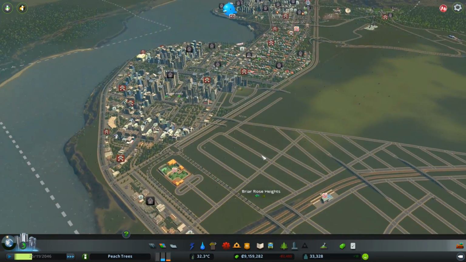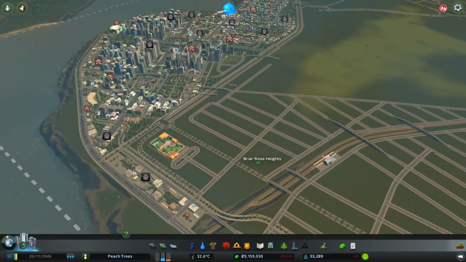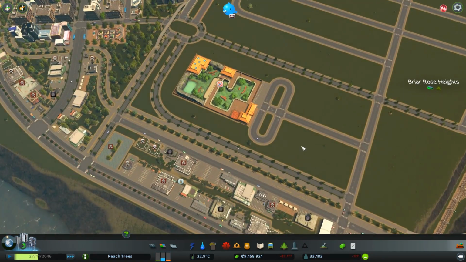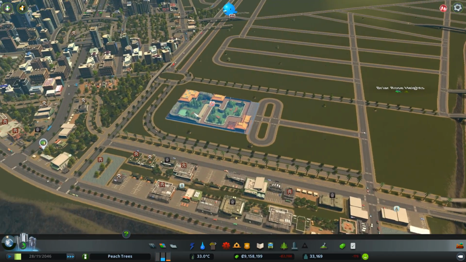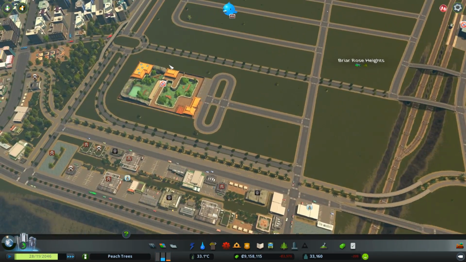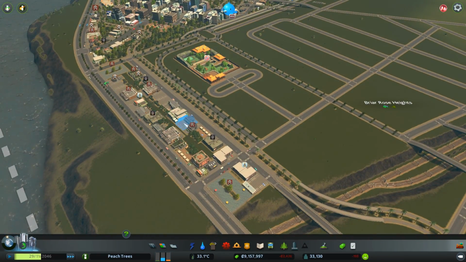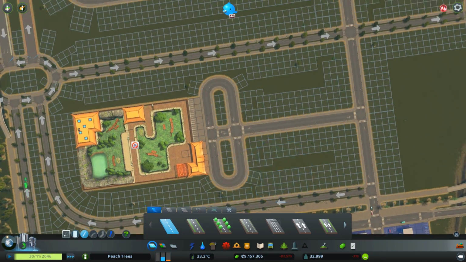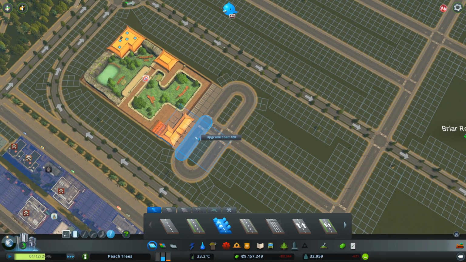Alright guys, unfortunately I don't think I will be able to enable this park just yet, because we are incurring a massive death wave and we are losing a lot of money, and I basically do not have enough money to pay the monthly sum of this thing. So I think we'll keep it disabled, let the death wave pass, and then we'll enable it and see what happens. What we can do in the meantime is just upgrade a few roads